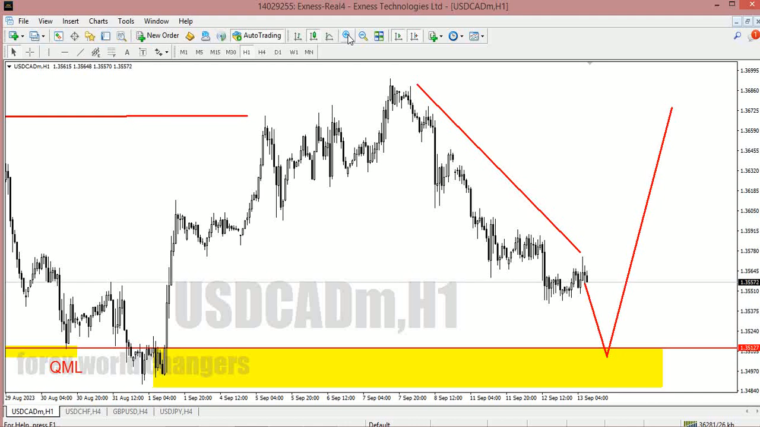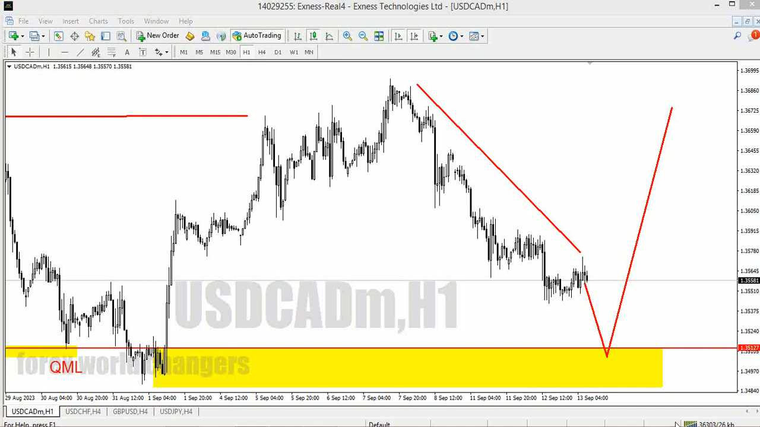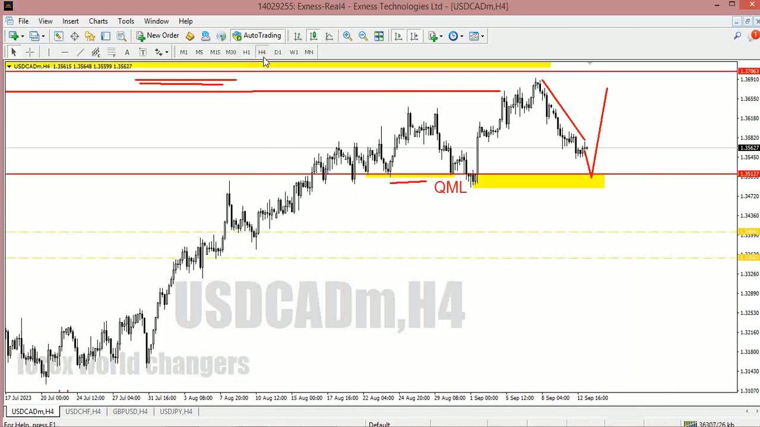It's a very good setup. It has all the points. It took out the buyers and the sellers. So this is a high liquidity zone. It might work. Hear me out. It might work, guys, but it's not a good setup, because if you can see here at the higher time frame,